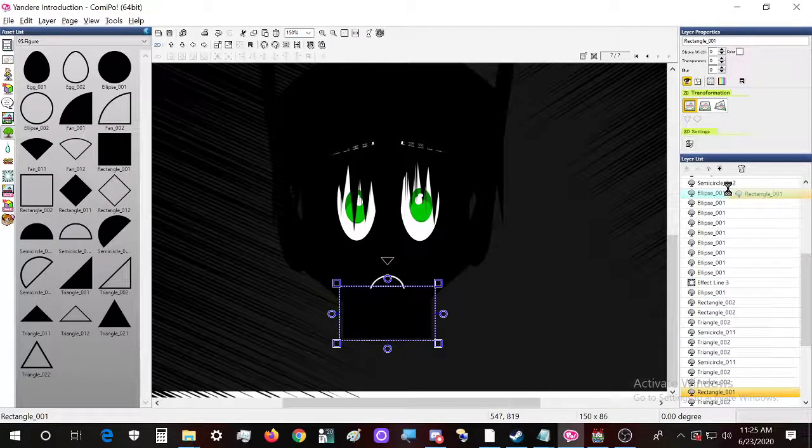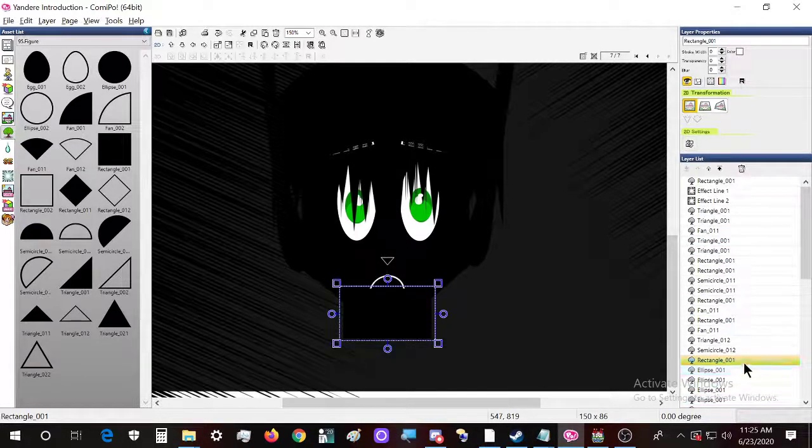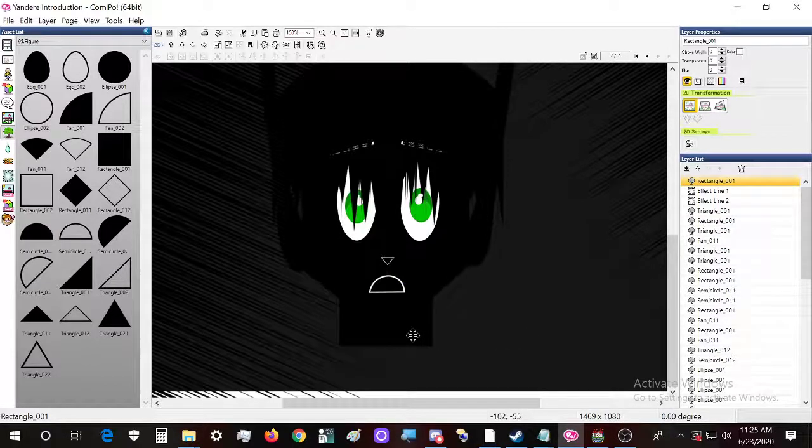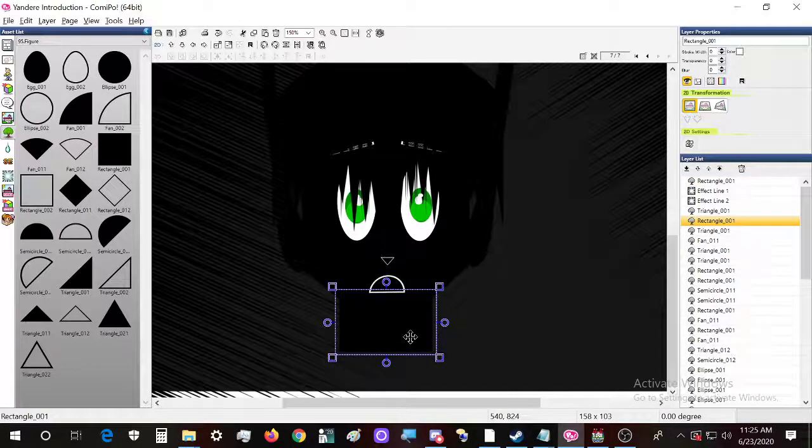Okay, sorry, you actually move in here, because it's actually gonna take a really long time. Okay, so the mouse should be somewhere around the middle.